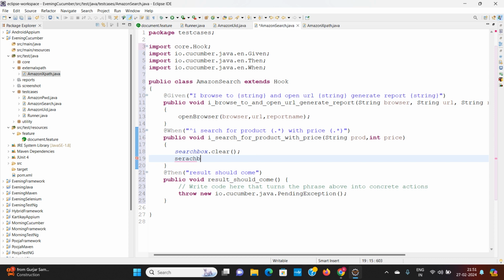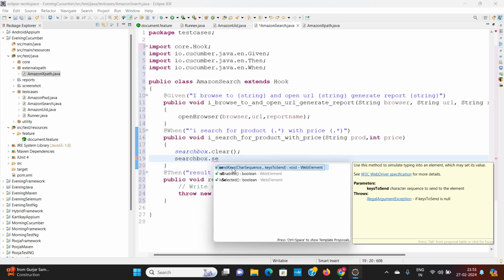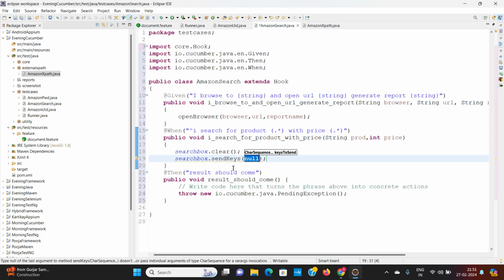Then search box dot send keys, product in range price.